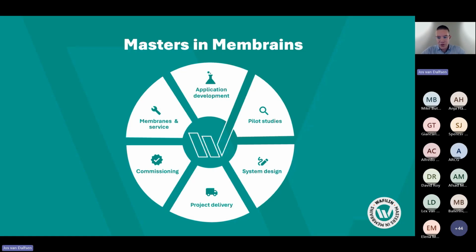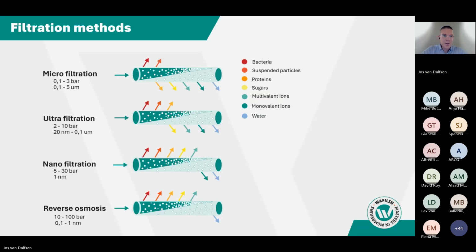So that covers a bit the services and activities that we do when we are uptaking a new project. And like I said, we are independent when it comes to our membrane know-how. So we don't produce our own membranes. We use, for instance, suppliers like Berghoff, and in a wide variety of cutoffs, depending on the purpose of the application. We focus on microfiltration. If it's on protein recovery, it's often ultrafiltration, of course. And if you're more into the multivalent ions or sugars, then nanofiltration is in place, and our role often to recover water for in-process recovery applications.